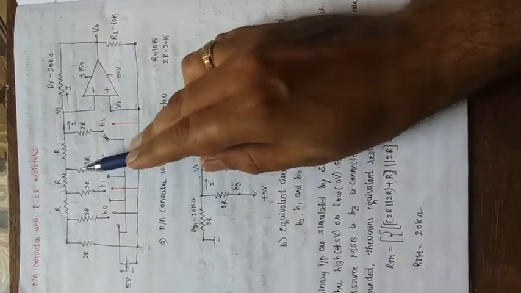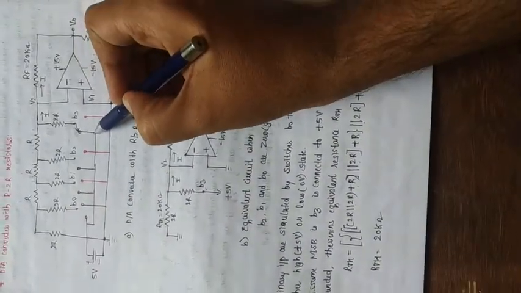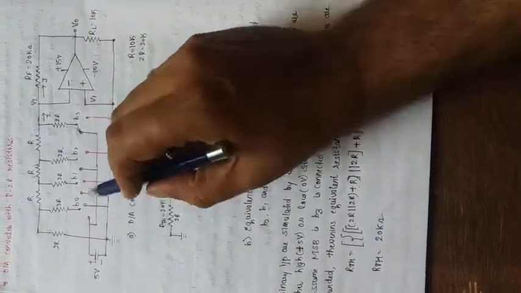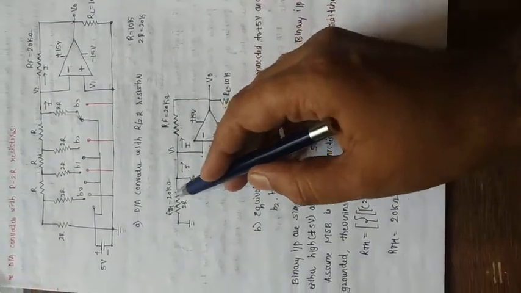So we have 2 to the power 4, meaning 16 possible inputs. Let us consider only B3 is connected here, so that is connected to the plus 5 volt. The remaining all 3 are connected to 0. So here only B3 is connected, and the remaining all will be grounded.